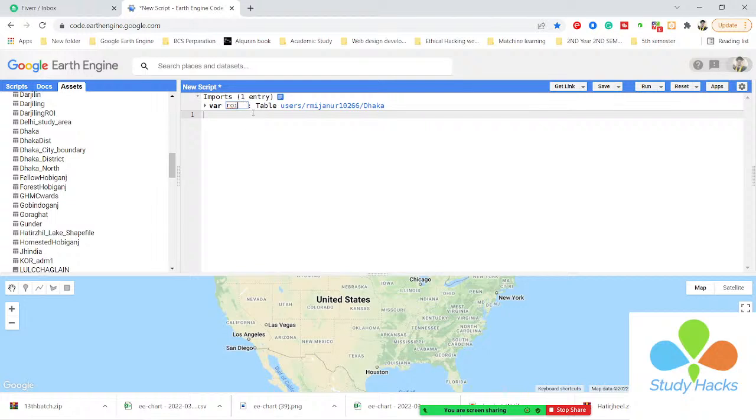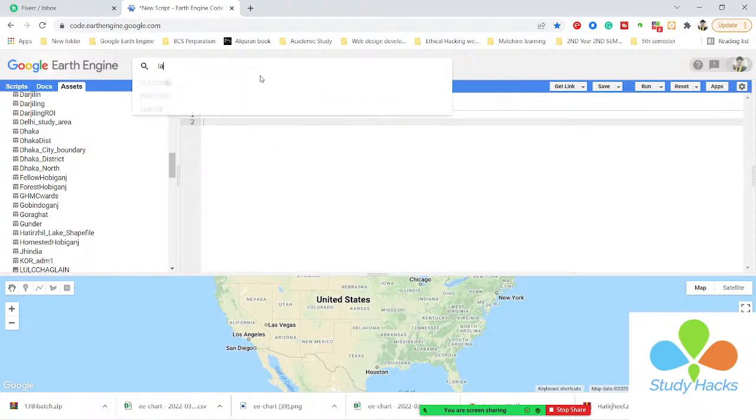Then our second step is filtering and choosing your image collection, which image you want to use for the land cover classification map. This time I want to use the Landsat 8 top of atmosphere dataset. I simply search here for Landsat 8. The network connection is not good, so I simply click on browse data catalog, and I just